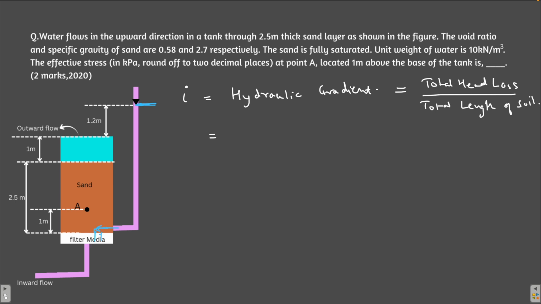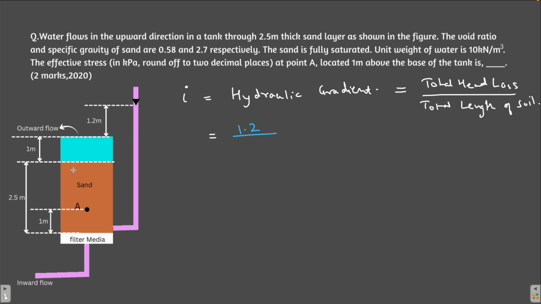When the water was entering the soil, at that point we are checking the head. So this is the initial head, and the final head of water is this. Now you know the initial head, you know the final head, and now you know the difference. So you know the head loss. So head loss is how much? It's 1.2 meter, and that 1.2 meter of head loss is taking place by traveling how much inside the soil.